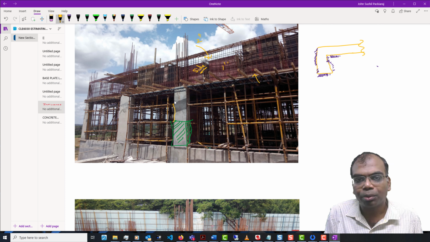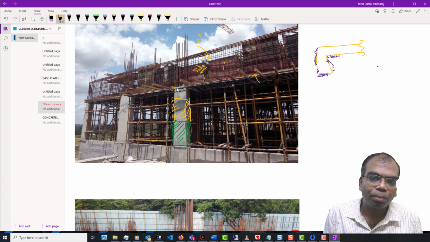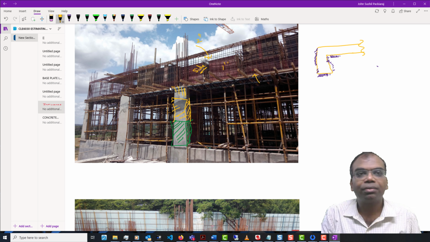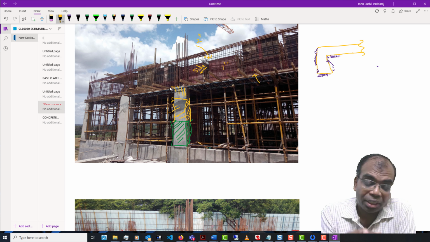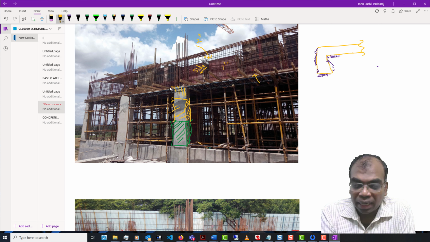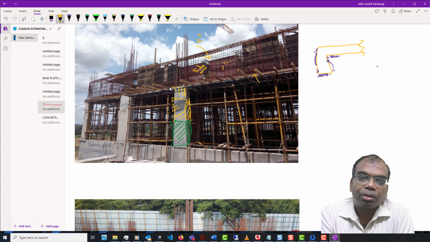After you finish the second pour, you are now going to have to do a small portion which doesn't fit the shuttering box. This is easily avoided by standardizing the size of elements.